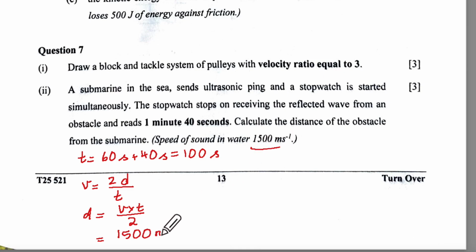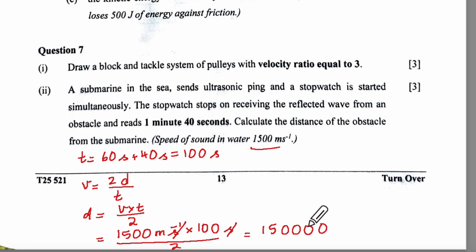So 1500 meter per second multiplied by time, which is 100 seconds, and that upon 2. So seconds unit-wise gets cancelled, and we have 15 and these four zeros, those many meters,